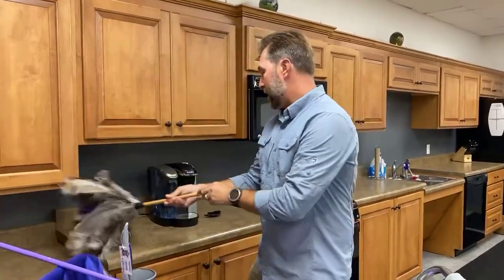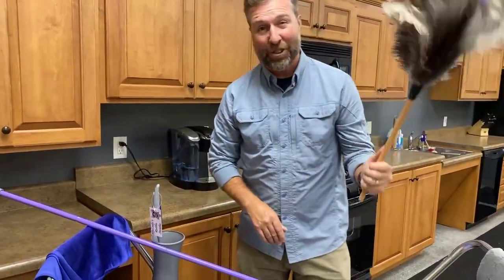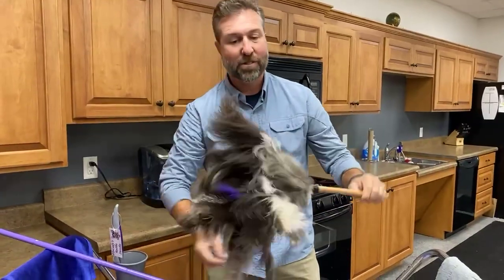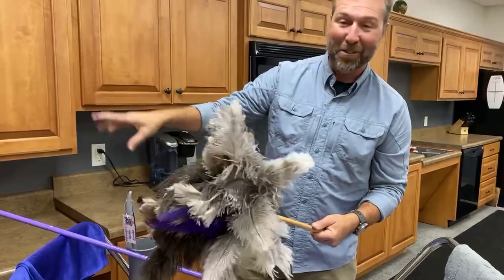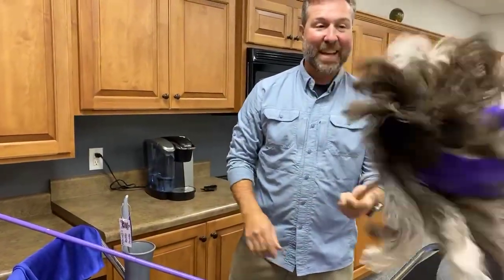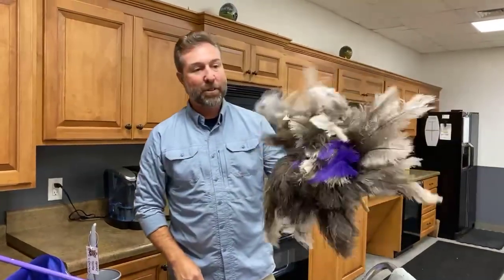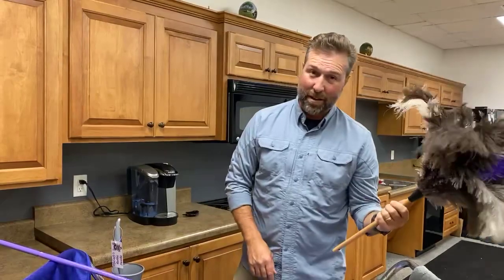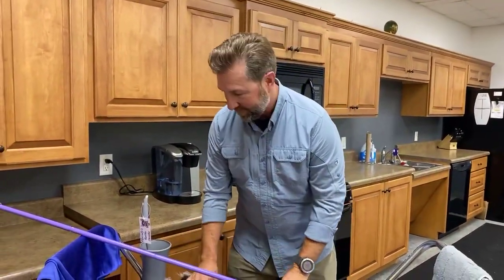And when you dust an area, after you're done, you take it outside and you give it a nice shake, and it agitates the dust off of those feather structures, and hopefully the wind is blowing toward your neighbor's house and not inside your house, and the dust won't come back inside. This is primarily used for doing a maintenance style dusting. If you haven't dusted in a while, you might want to use another product that we have here,